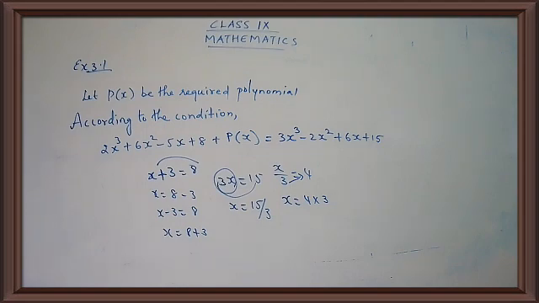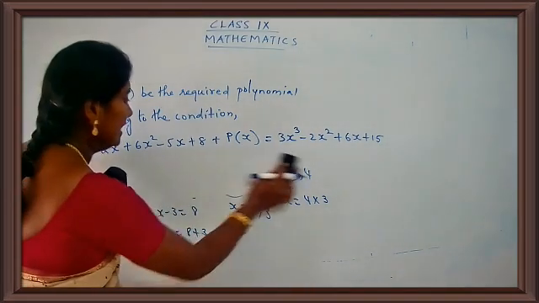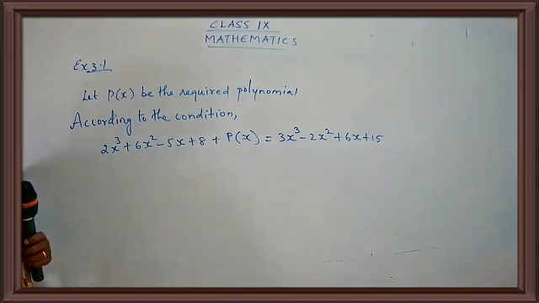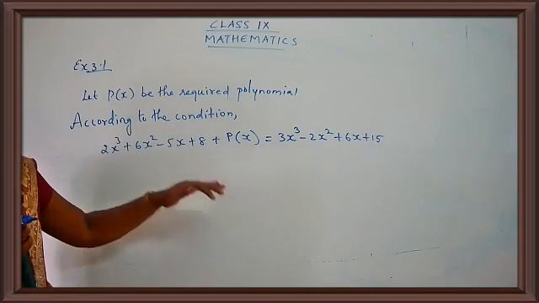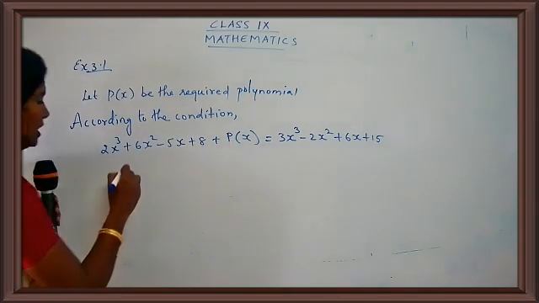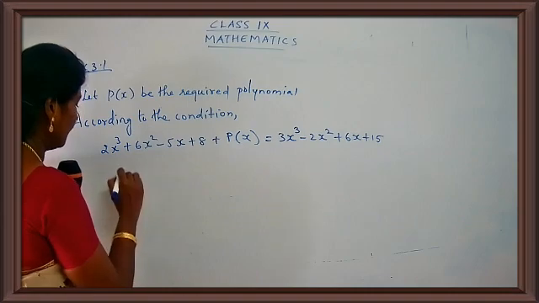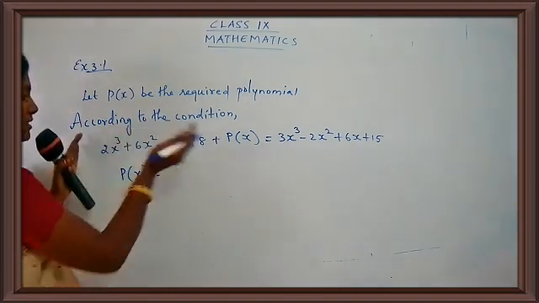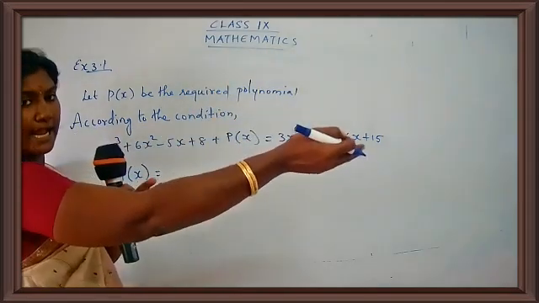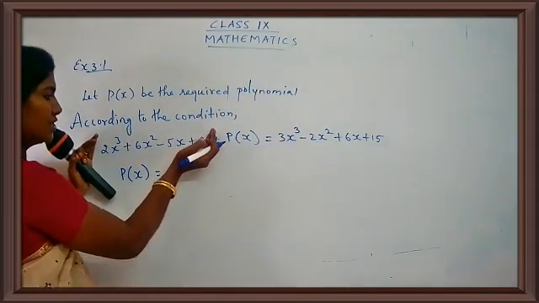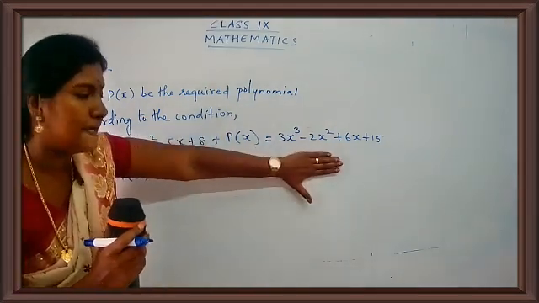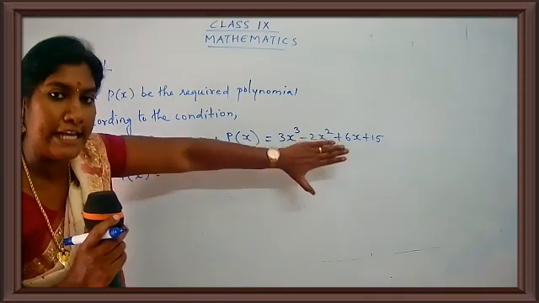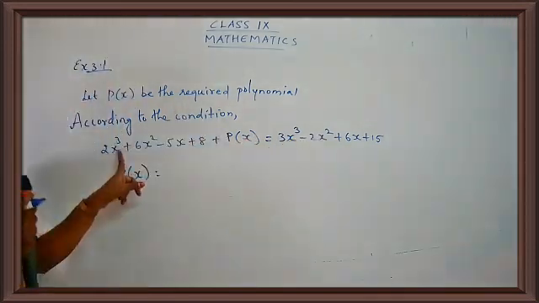In the same way here, we are just going to move a part from LHS to RHS. The thing here is, we have to find out the value for P of x. That's what we have to find out here, student. I want the value for P of x. So just put here P of x is equal to. And I'm going to take this whole part to the other side, to the RHS side. When I shift to the RHS side, first of all, what is present? This polynomial is present. So I'll take this polynomial first, and the other polynomial will come second.